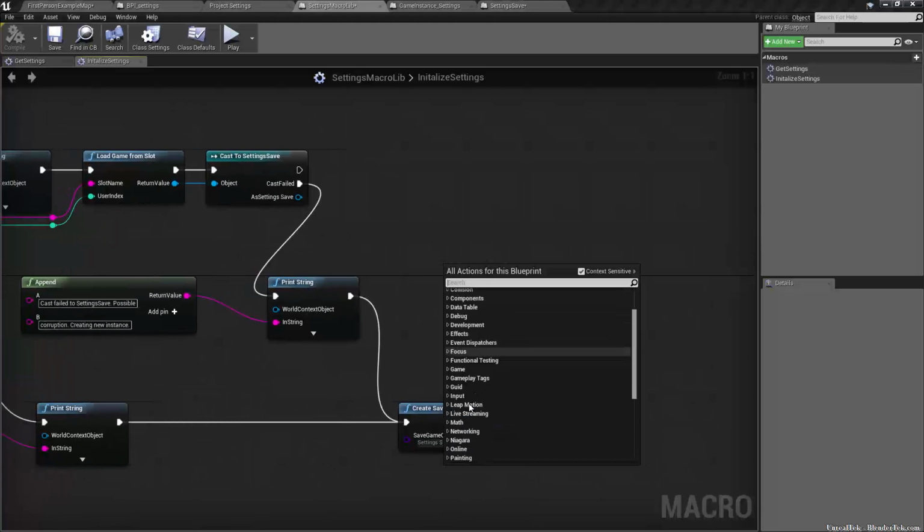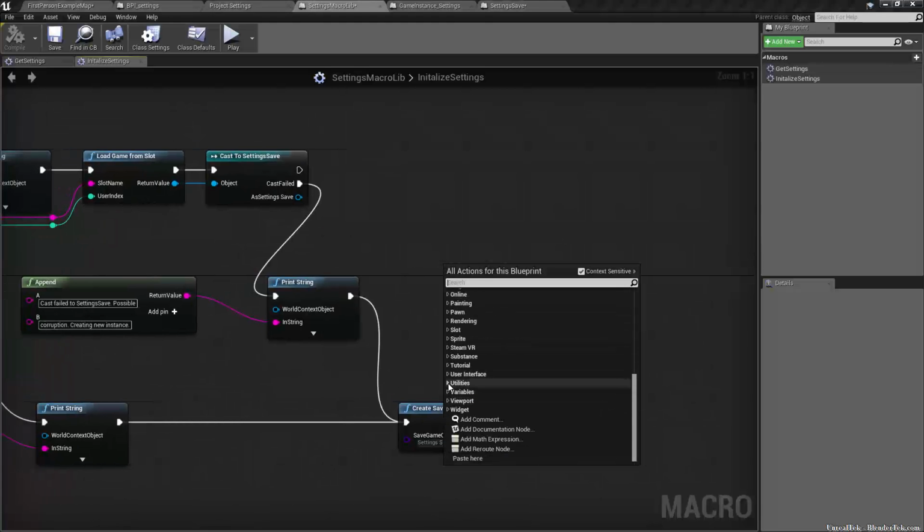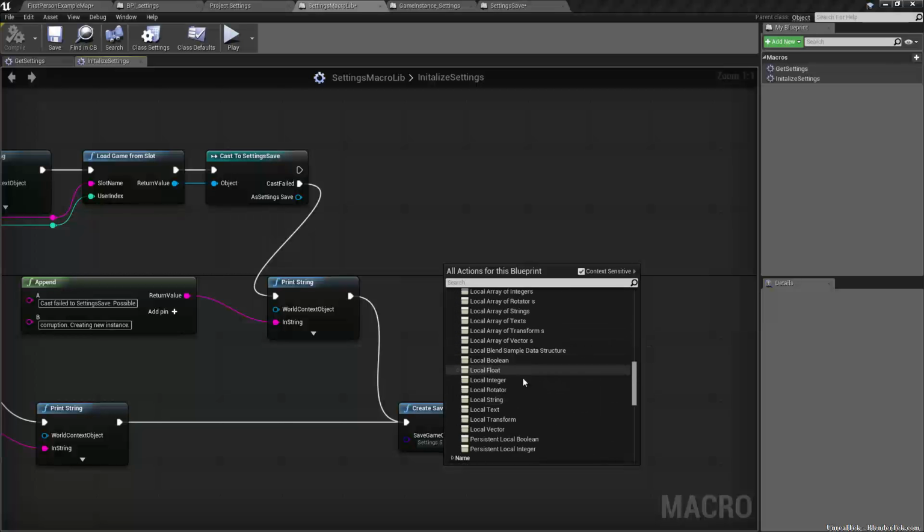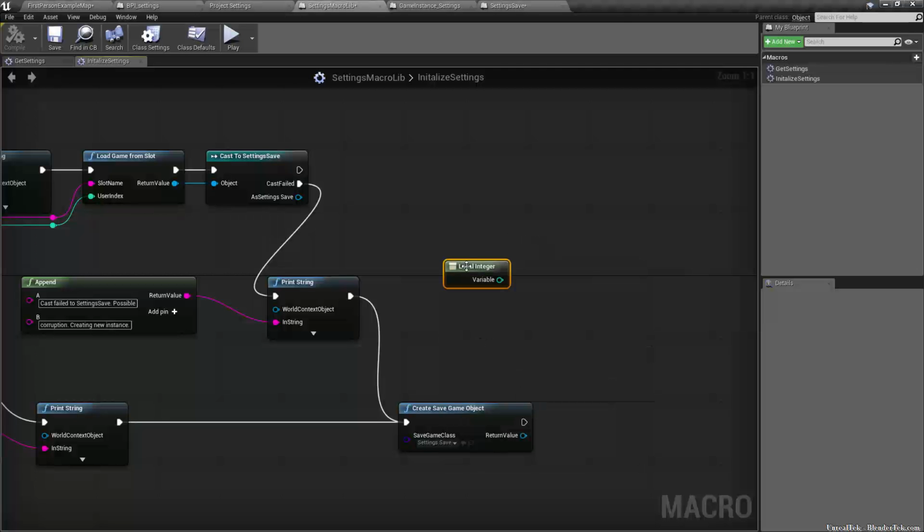That's called a local variable, and we can create these. There's a very neat option if we go into utilities, I believe, and then macro. You can see there's all sorts of stuff we can do. And we want a local integer. That just creates, as you can see, a local temporary integer variable. And we're going to use that for a